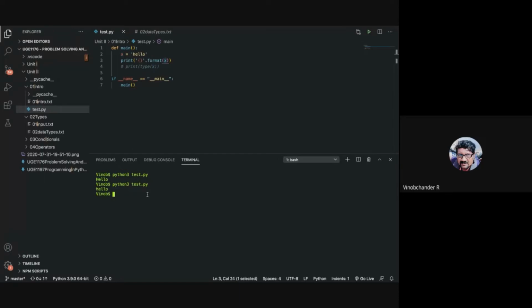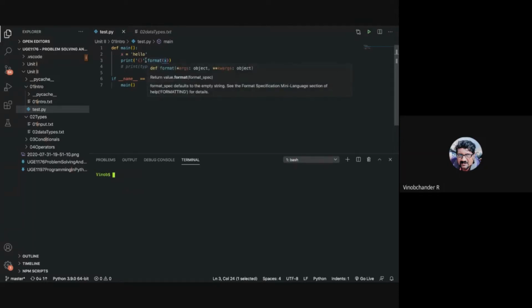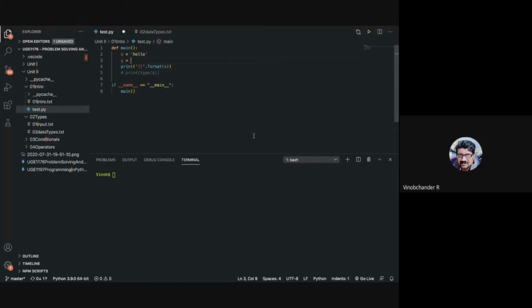Now when you run this, it says hello again. Okay, it's the same thing. So you can make use of the format method. Now, say for example, if I have another one, hello world, and if I put this, I need to put the other variable whose value will go into this particular placeholder.